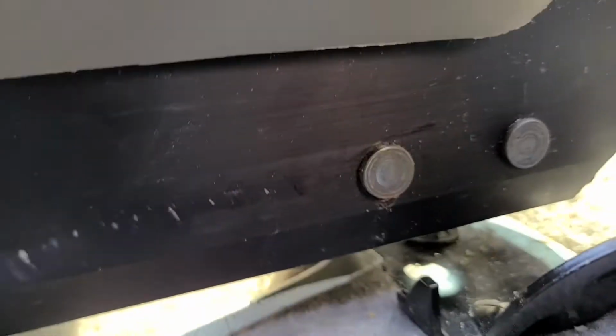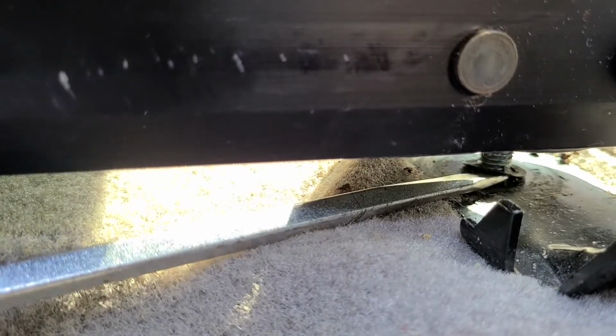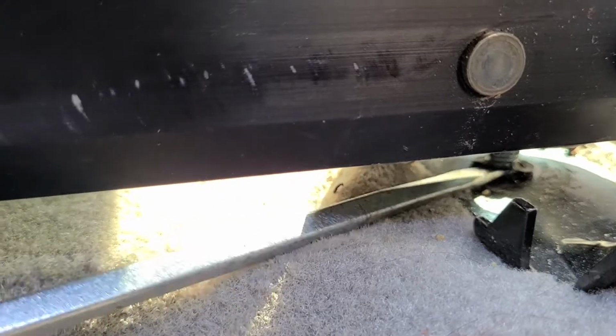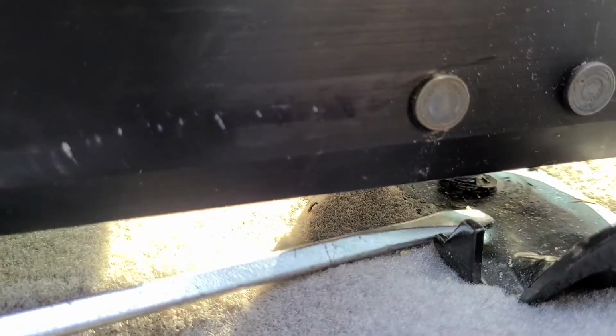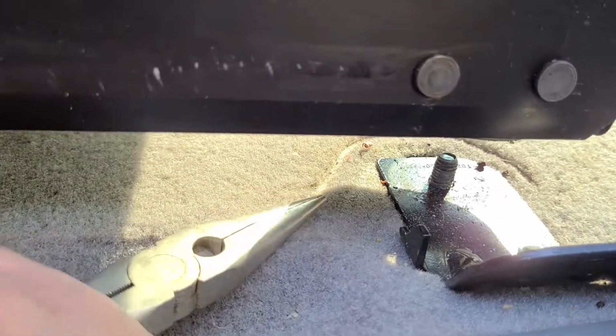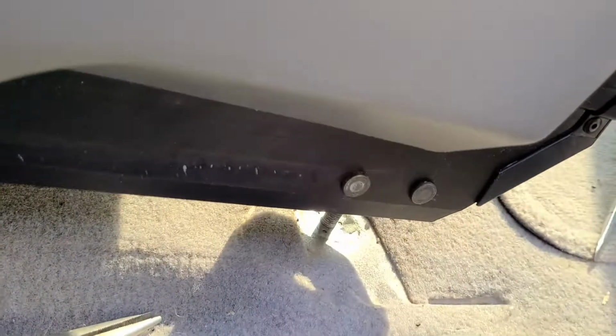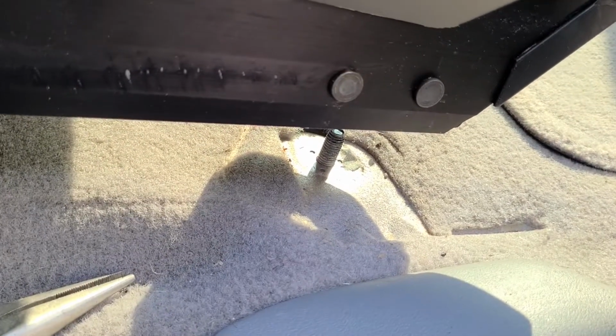I'm trying to record this. This is what you want to do. Just pry it up, you see, from all sides until you get it off that stupid screw, and then you can pull this black piece. Okay, so once you have this ring off, I ended up using pliers to pull it up. You can easily just remove this piece. And now we have removed the top part of the seat belt and the bottom part of the seat belt. Now we just have to remove